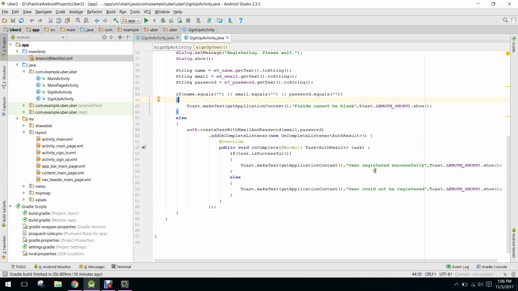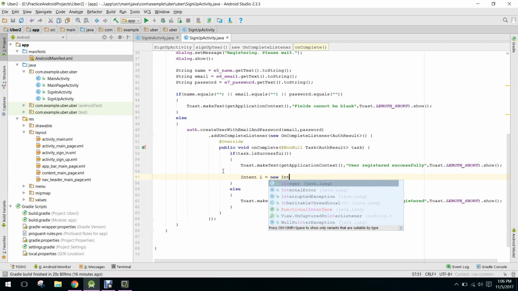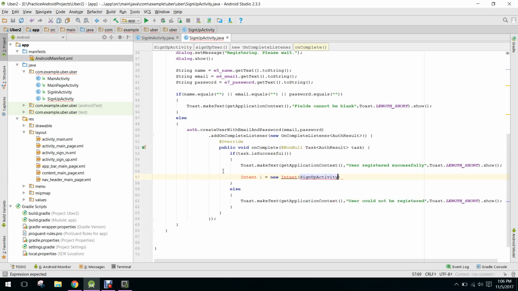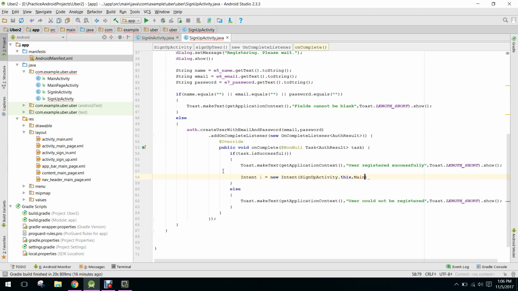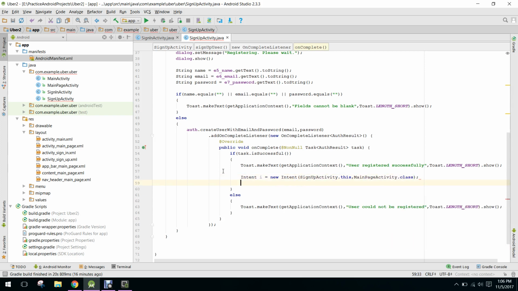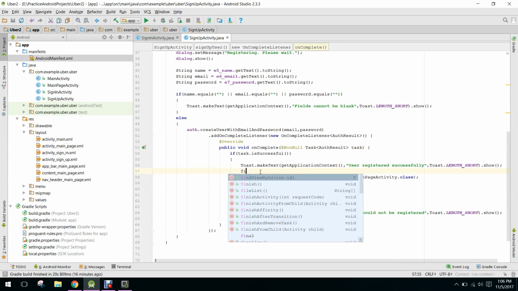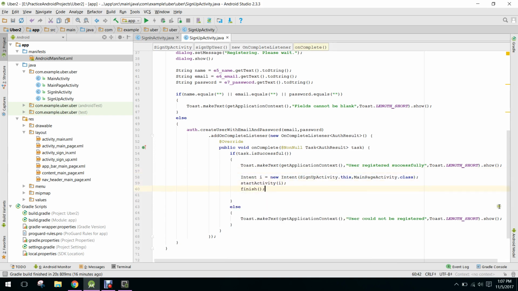Here, if the user registers successfully, we will open our main page activity. So we say intent, SignUpActivity.this, MainPageActivity.class, and we have to say startActivity, and first of all we need to finish. So we have to finish our activity here. So okay,